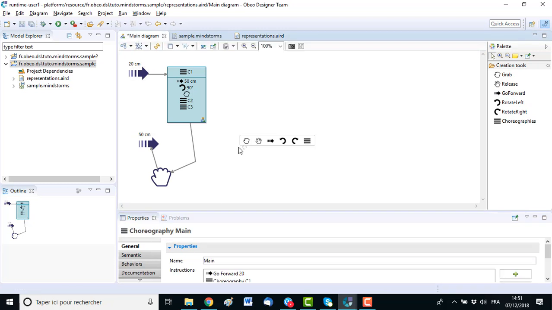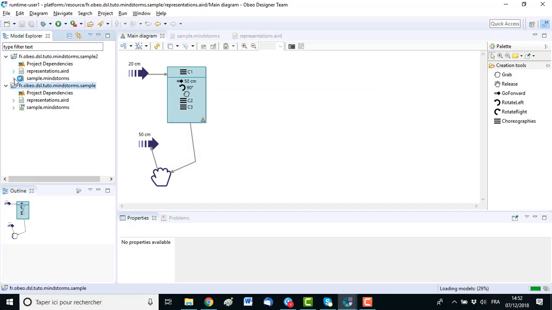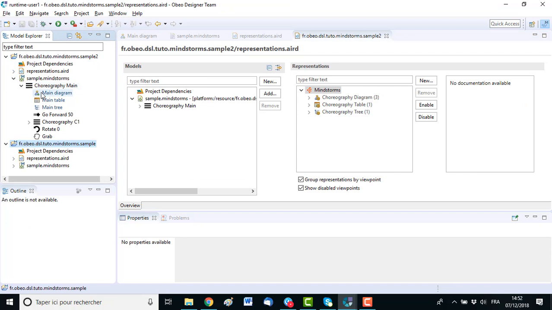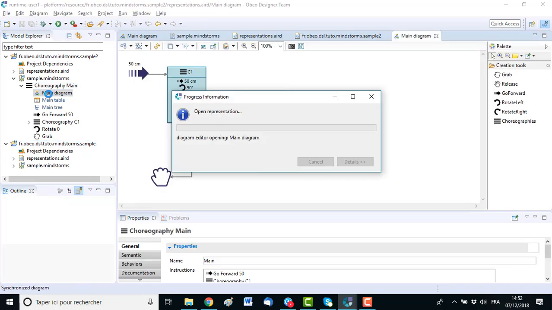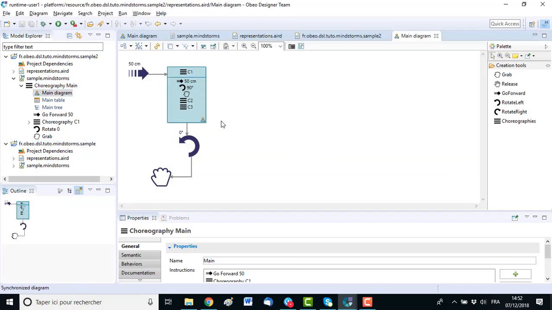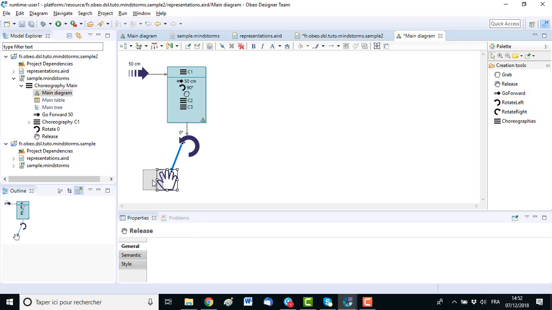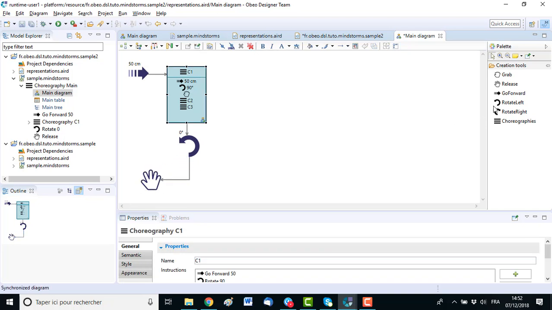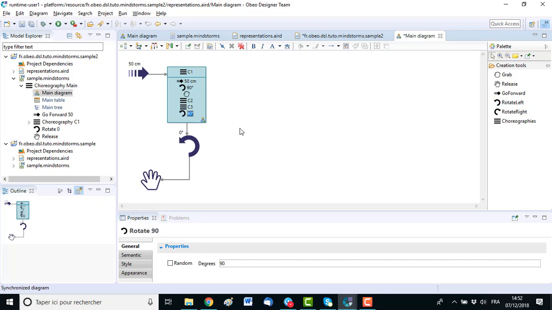And okay, I save. And in parallel, you can imagine user 2 working on the same initial version of the model and also performing some modifications. For example, you can delete this instruction and add a release instruction, and in C1, for example, you can add a rotate instruction.